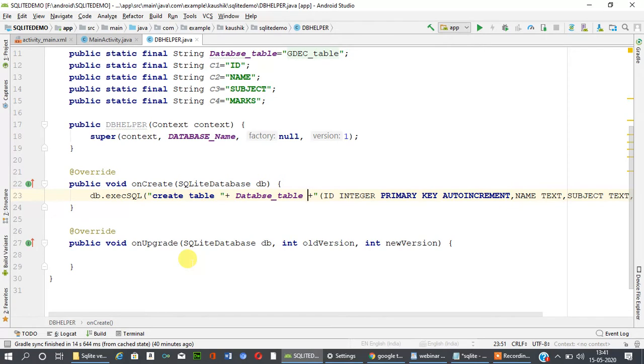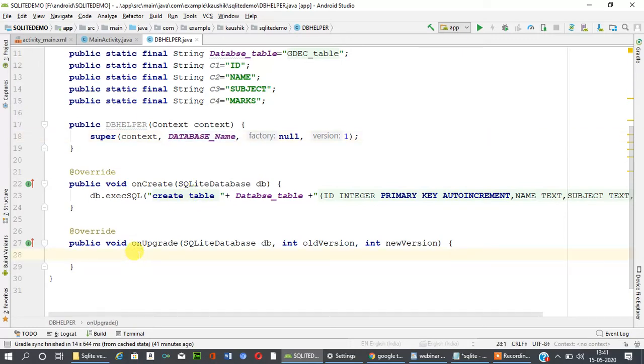The first step is connection, but our database is local, so there is no need for a connection. The second step is to create the database, by creating the object of this constructor, and this database will be created. The third step is this one, creating the table. So the second and third steps are over.